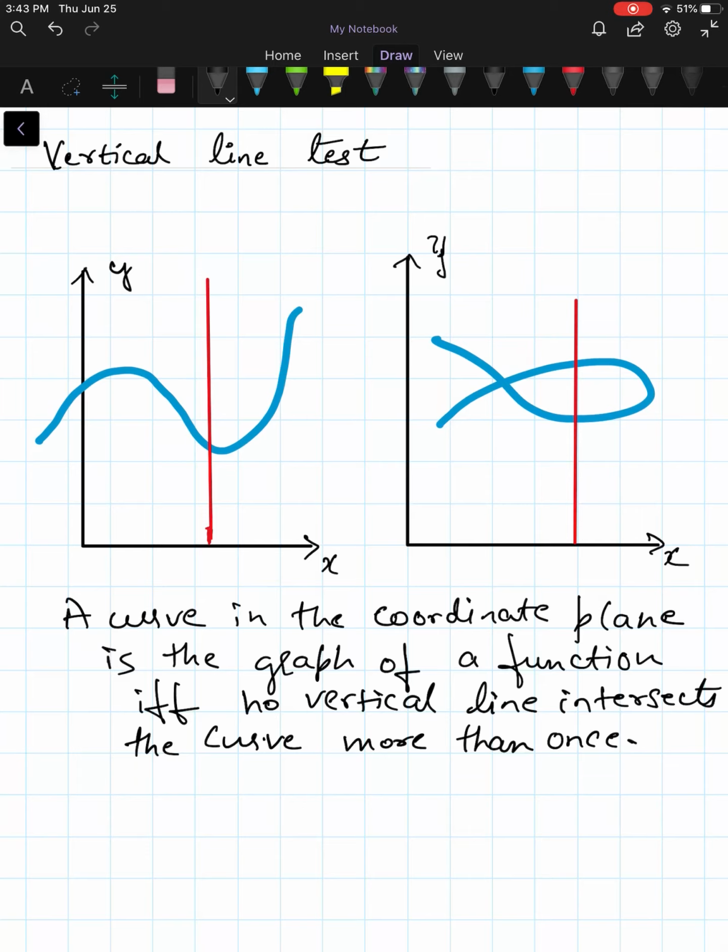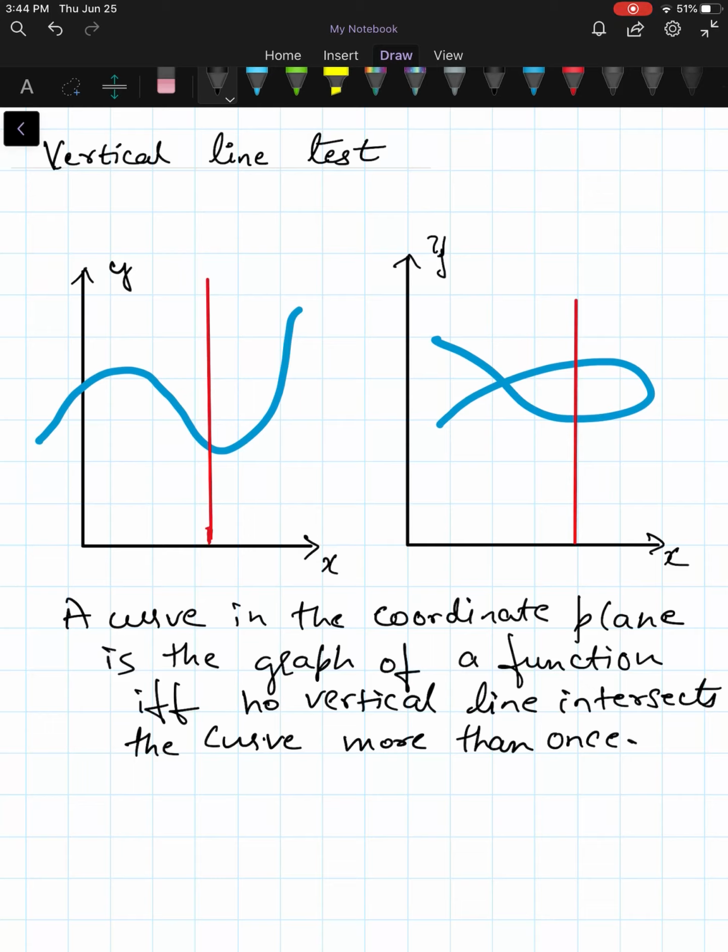So it says that you can pictorially represent a graph on the coordinate plane by plotting the ordered pairs. That will give you a curve in the coordinate plane. So a function can be represented as a curve on the coordinate plane. The vertical line test says that if you draw a vertical line that passes through the curve, it should pass through the curve at only one point. It should not intersect the curve at 2 points.